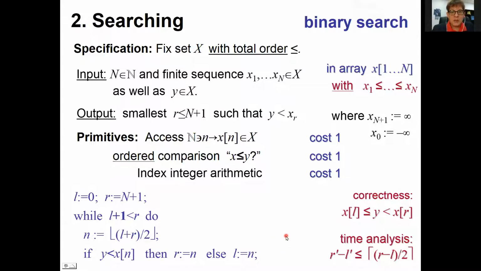So long story short, the while loop is repeated a logarithmic number of times, logarithmic in the length of the interval, which initially consists of the entire interval. And when the loop terminates, this loop invariant still holds, and therefore we indeed have found an index R, the smallest index, such that y is less than XR, this right-hand side. Okay, so that was our analysis of binary search correctness and